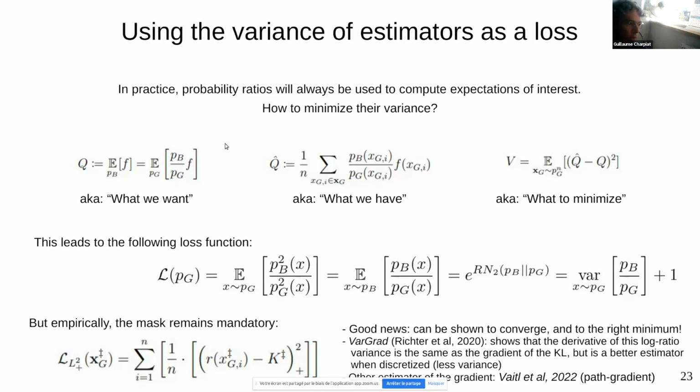The quantity that we naturally would like to improve, the quality of our estimator for the final thing we want to do, is actually the same as the Kullback-Leibler divergence. It's the same gradient in both cases, up to the fact that when we discretize these quantities, we get different estimators, and the variance of these two estimators is not going to be the same. There's another paper here also